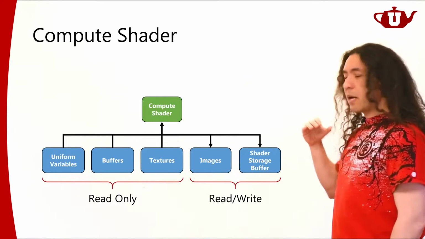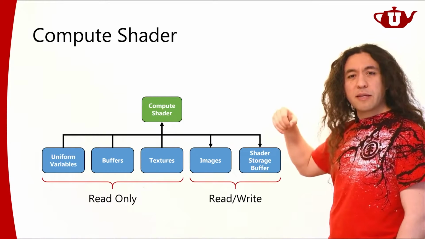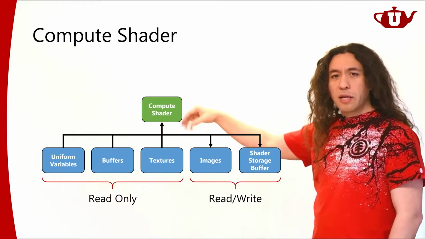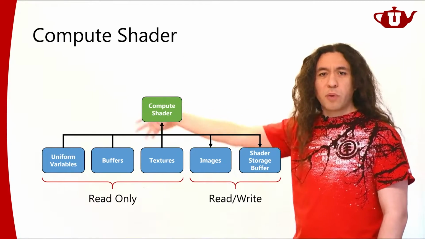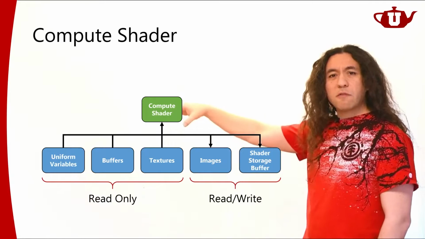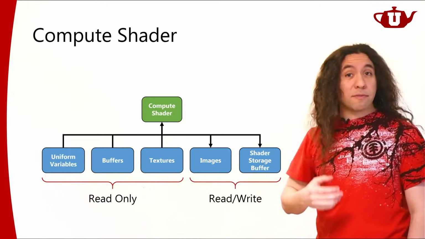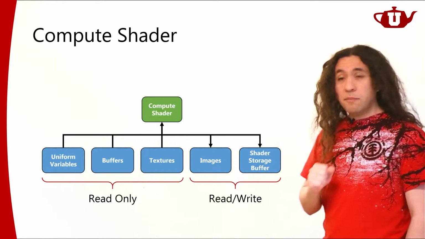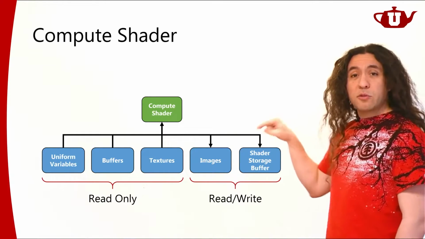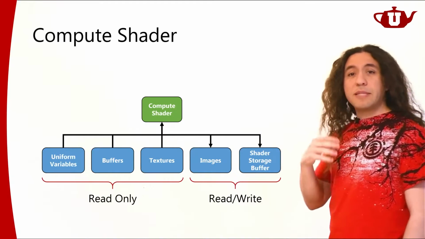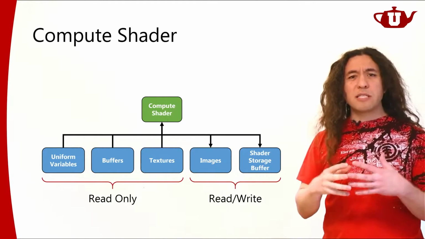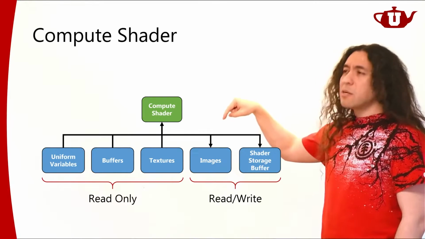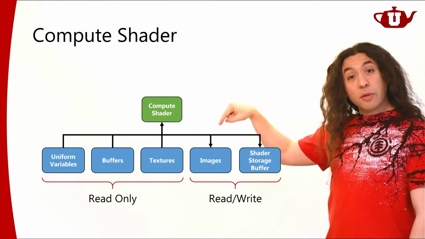In a compute shader, I have access to different kinds of things. Some are the old things that already existed before compute shaders, like textures, buffers and uniform variables. They are read-only. They have been read-only for all of our other shaders, so we still have access to those. In addition to them, now we have two different types of data. They're sort of unstructured. I can specify what exactly they are, however I like. They're images. Images are supposed to be images, so there is some structure to them.